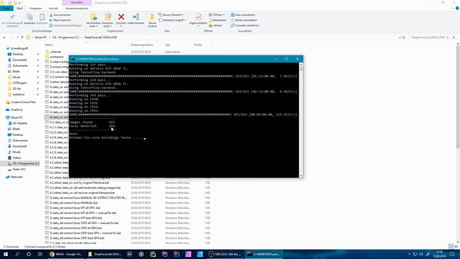Okay, so now that it's done, we have a little window right here that says that it found 654 faces out of 655 images, and that's actually pretty good, because if we would have more faces than images, it would mean that it would detect a few faces that aren't faces generally. Although if you have 2 persons in a shot, that's not a problem, but then it can be, of course, that you have more faces than images. And as well, you can see that it did 3 passes, and the 3rd pass always will be on the